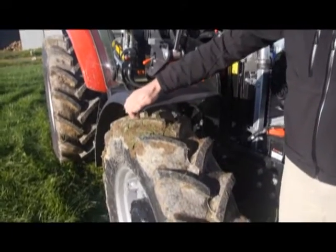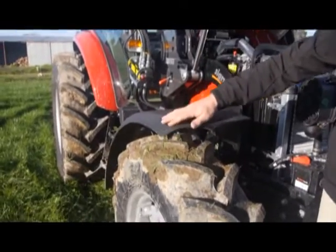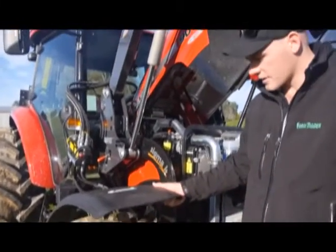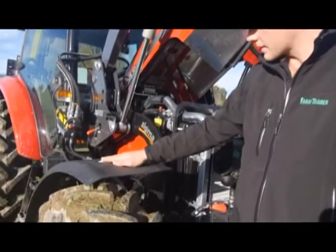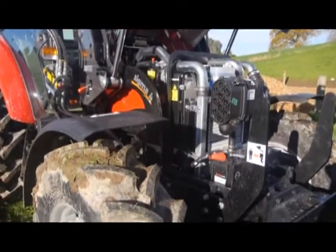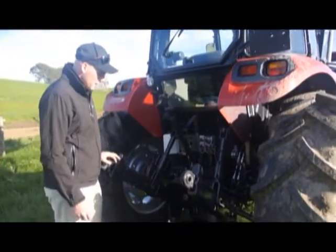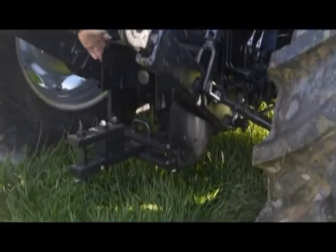On the gold spec model that we've got here with the cab, turnable front fenders is another spec level that it comes with, which increases the turning circle because you can have the wheels at full lock, and it doesn't get damaged or damage the bonnet when you're turning sharply and going over a rut or a mound. So around the back of the tractor, we've got obviously a drawbar, but some nice plate steel